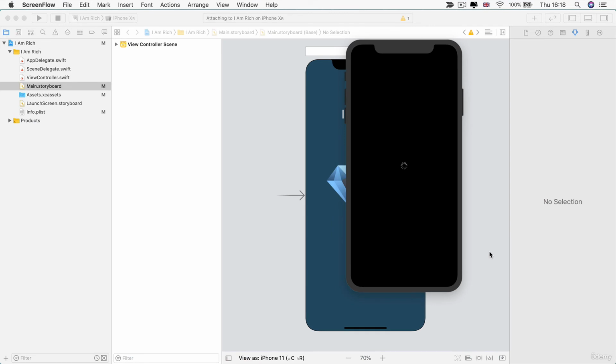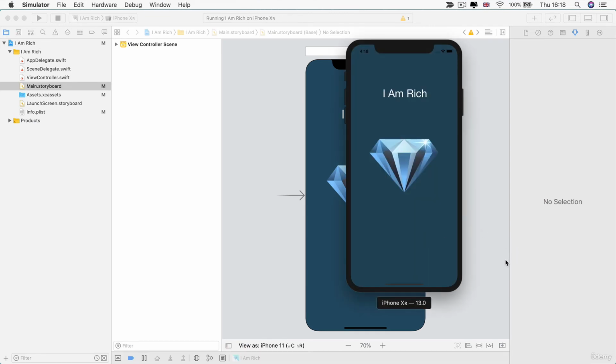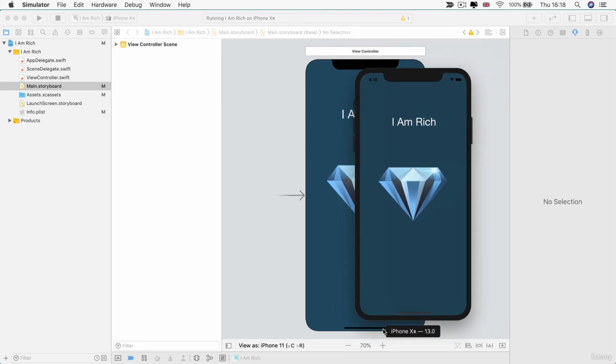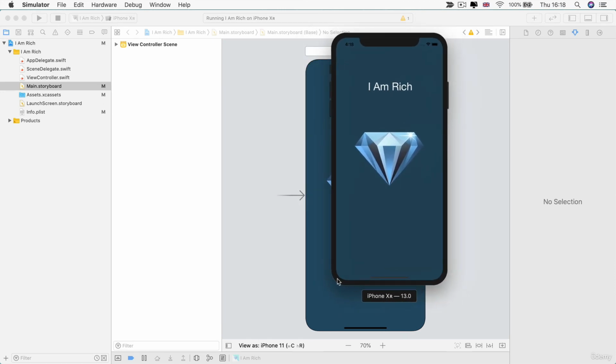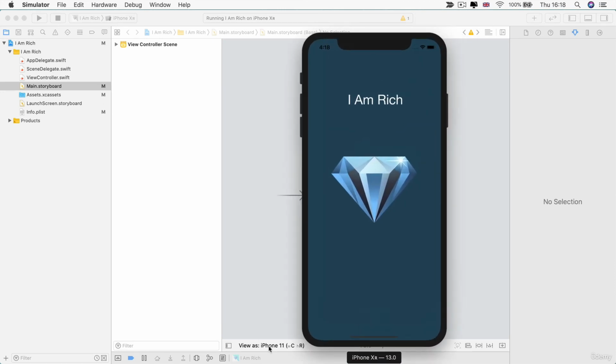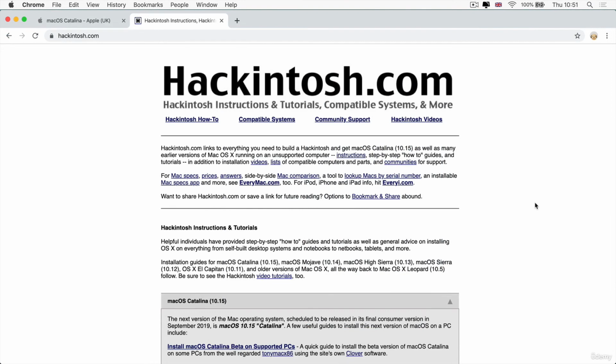This is a simulated version of an iPhone, and for all intents and purposes, it will work just as well. It's just, if you're really excited about having your app on your iPhone, then you really need to find a way of either borrowing somebody's Mac or getting one cheaply. The best resource, according to past students, is a website called Hackintosh.com. It talks in detail about how to run macOS on a PC.